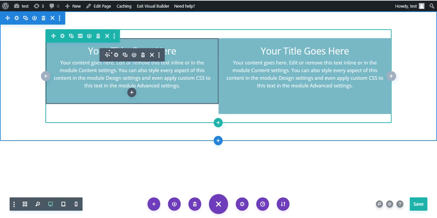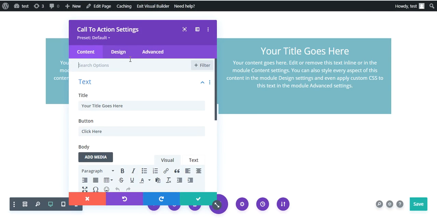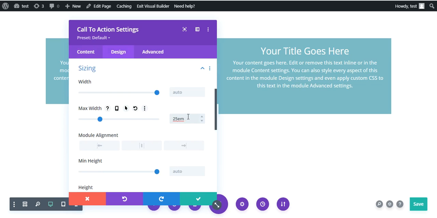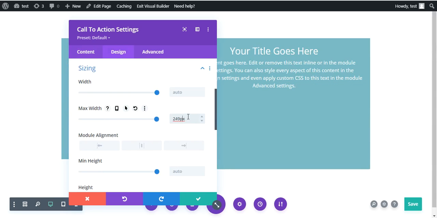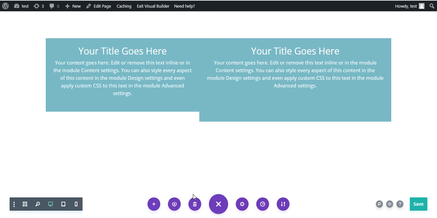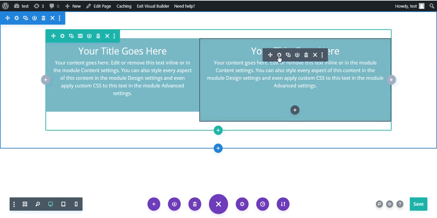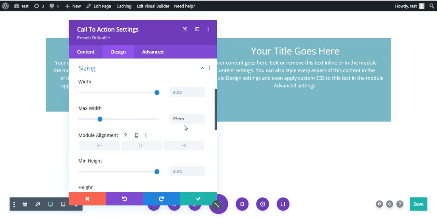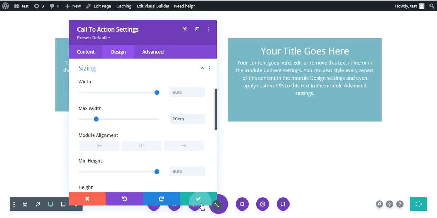So instead of giving 25 em, let's just decrease this and make the width 20 em. Select this guy and get into the sizing section. Give the width as 20 em. Click OK.